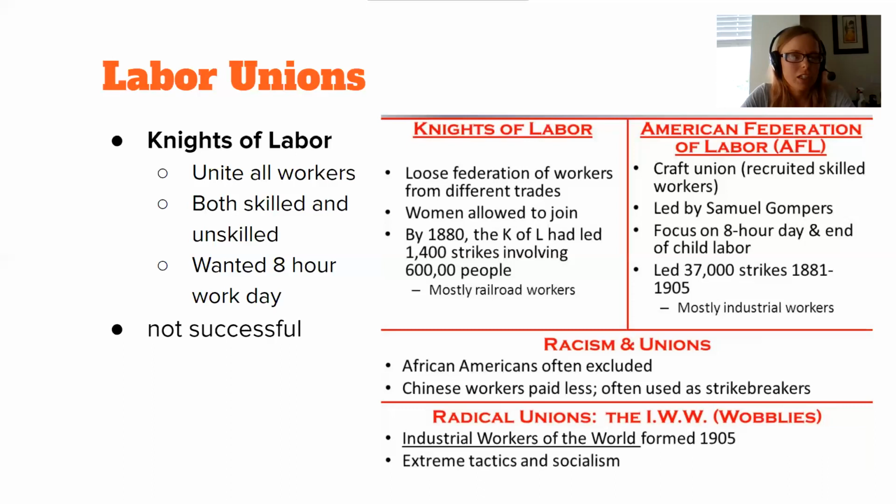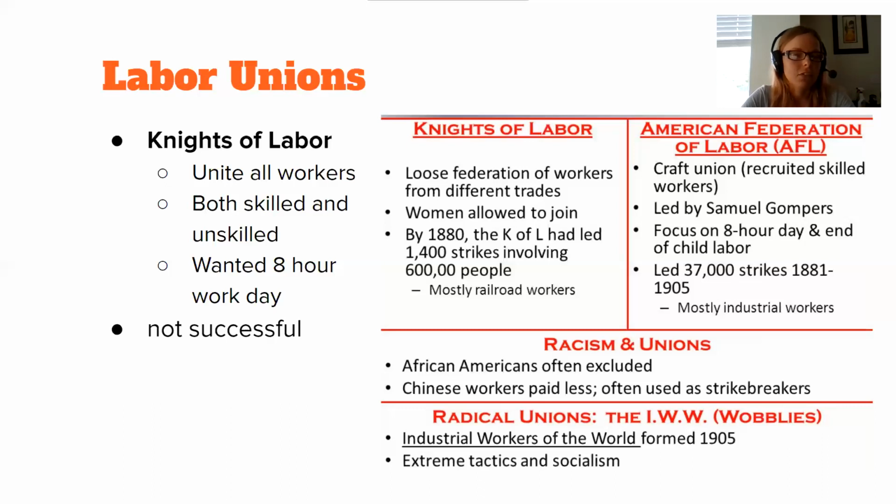The difference between these two big early unions, though, is that the Knights of Labor was much more accepting of different groups of people into their membership. The Knights of Labor eventually included women, because by 1900, about a quarter of the workforce or more was made up of poor women, immigrant women. They worked all kinds of seamstress jobs, sewing and other work in factories, or there was a growing number of women also starting to work secretarial work. But there were very few union options for them. The Knights of Labor would allow women.